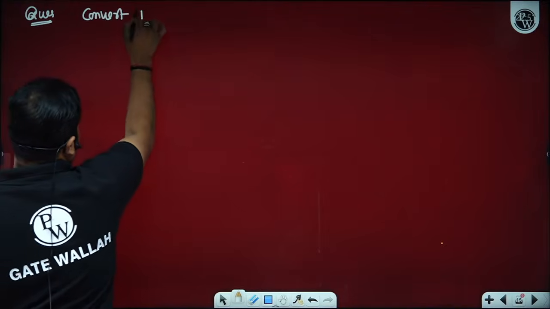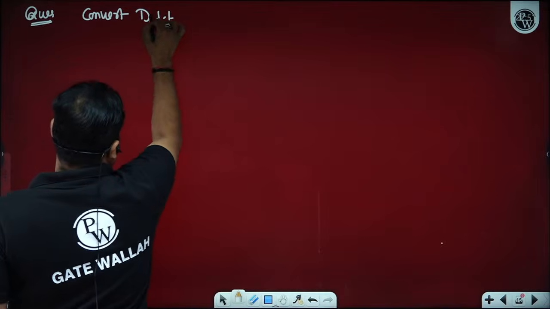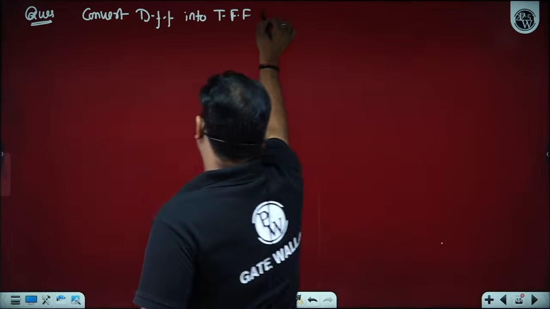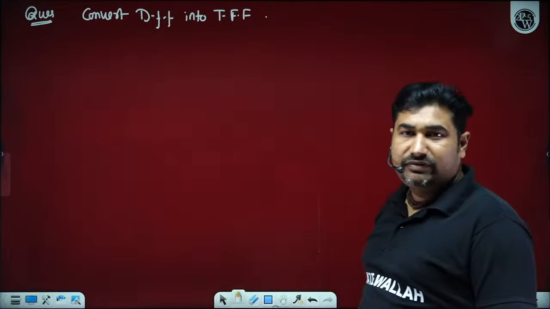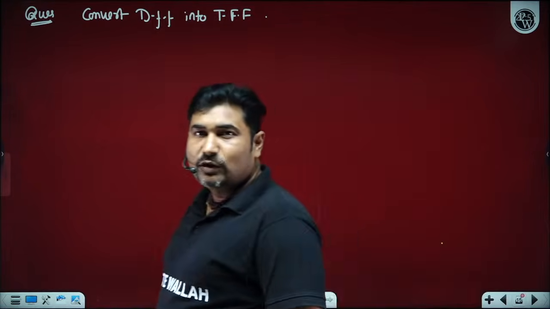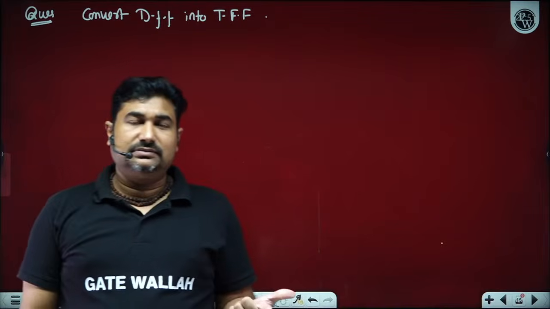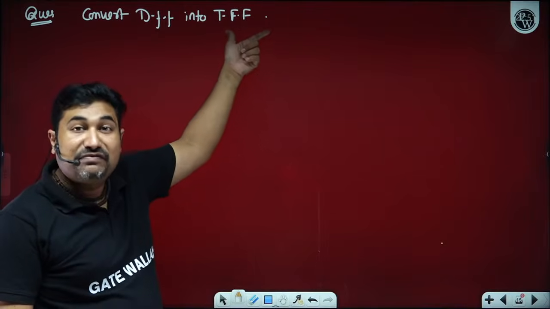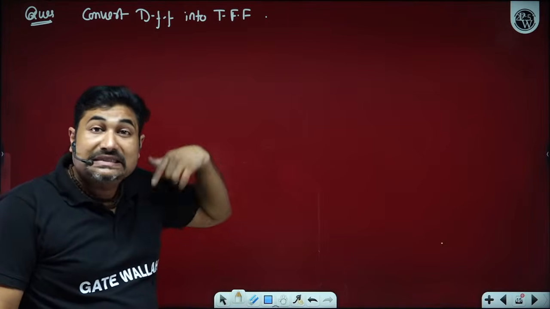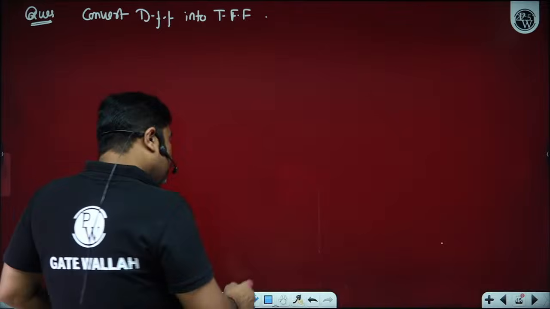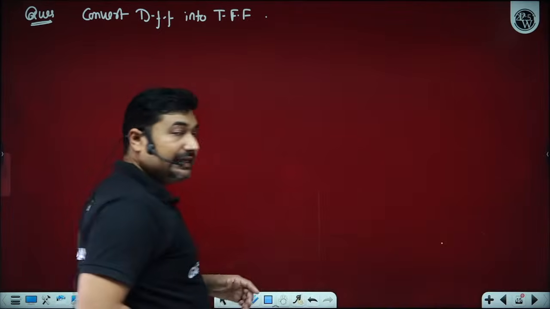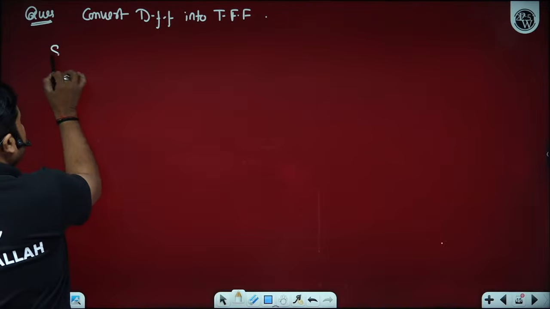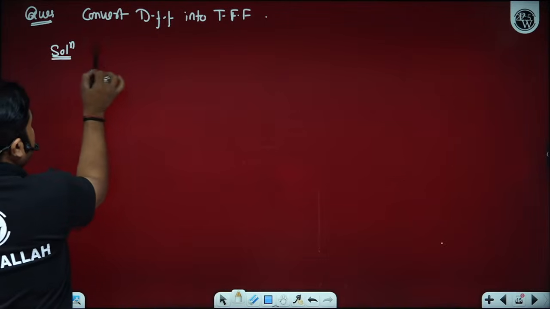Convert D flip-flop into T flip-flop. So can you convert D flip-flop into T flip-flop? What is the required flip-flop? Required flip-flop is T flip-flop. Available flip-flop is D flip-flop. So to construct or to design any desired flip-flop, first we need to write down the characteristic table